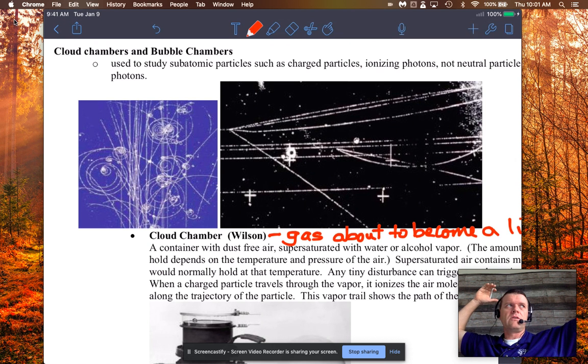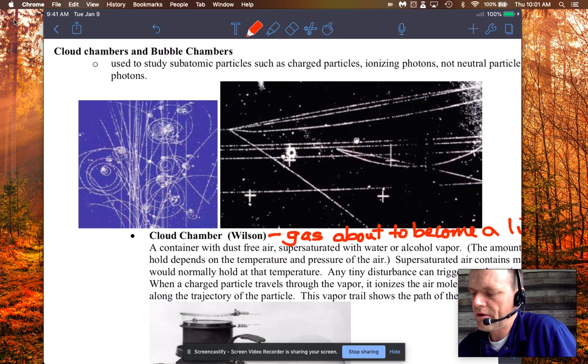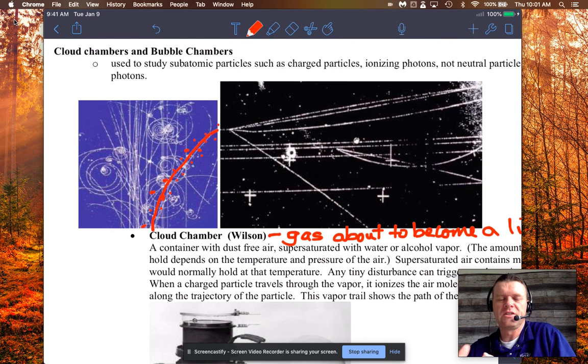But what has happened there is the circumstances are just right. I think there's a bit of pressure coming from the wing as it hits the air at that altitude. It makes the water vapor in the air condense and it forms a cloud. Anyway, so the point is, when you look at these pictures, Wilson figured out really fast that charged particles would leave a vapor trail. So if the charged particle went this way, then it leaves a trail of vapor. There'll be condensation right where the charged particle went, and you can take a picture of that.